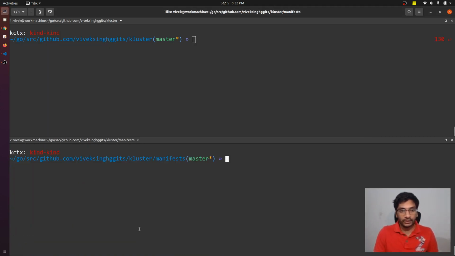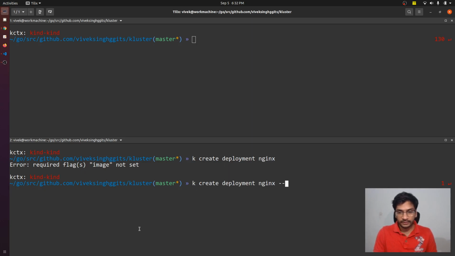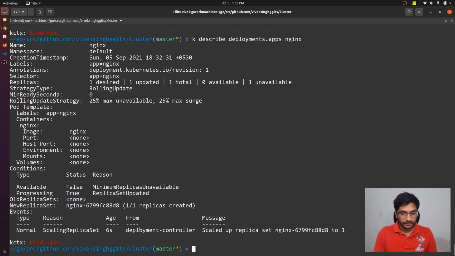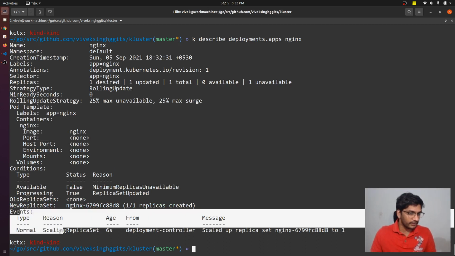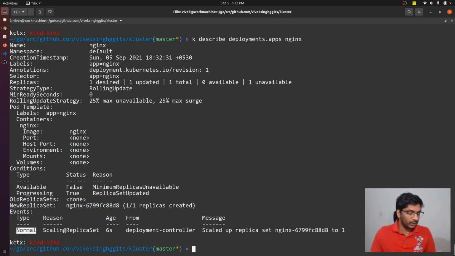So now that we have implemented it, the other thing that I wanted to talk about is how do we actually record events. So for example, if I go ahead and try to create a deployment in default namespace, we would get this deployment. And if we, for example, describe deployment, we see this particular event, right? So event type is normal, reason is scaling replica set, and this actually tells who generated this particular event